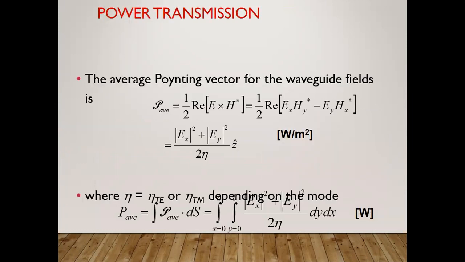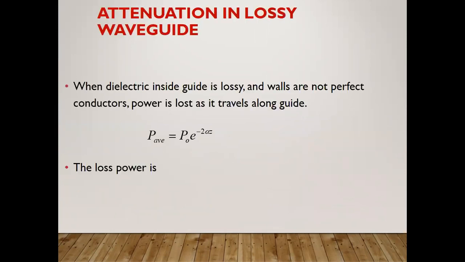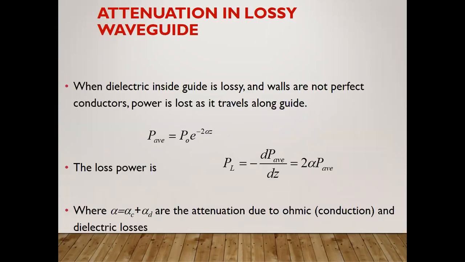In this way you can find easily the power transmission, the average power, by concentrating on the electric field in the X and Y planes, and with the help of the Poynting theorem you can calculate the P average. So for attenuation in lossy waveguides, you can find the magnitude of that power, with a complex number. In this way the power loss at the terminating point you can also calculate easily. We have seen that in network analysis. With the help of the maximum power transfer theorem we can simplify it, as well as with the Poynting theorem it is easily possible to find these things.